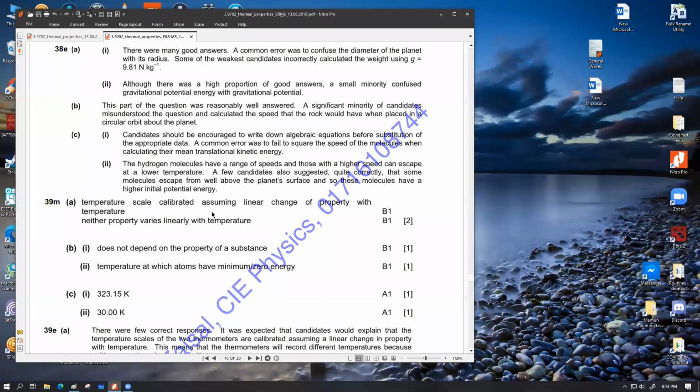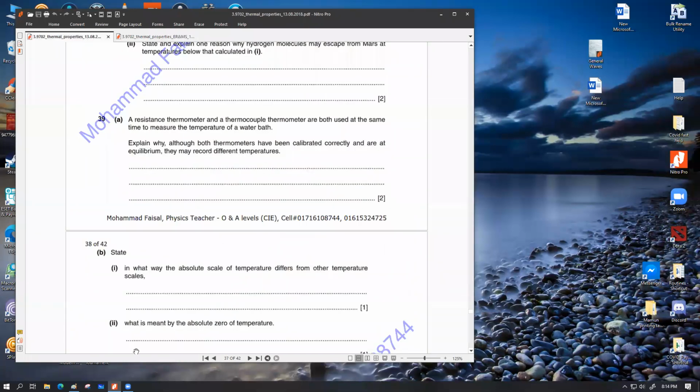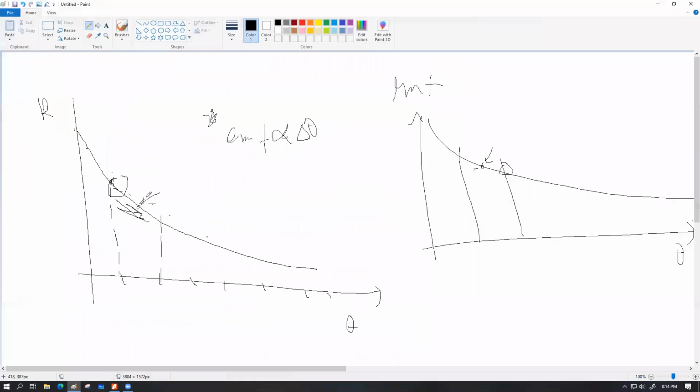So according to the Mars scheme, what they're saying is that the temperature scale was calibrated assuming linear change. So which means that maybe for these graphs, to calibrate this thing, they measure one value over here and they measure one value over here. And in their head, the graph was operating with this straight line. বুঝছো? হ্যাঁ স্যার বুঝছি। But actually তো এটা এরকম স্ট্রেট লাইন না, অ্যাকচুয়াল বিহেভিয়ারটা হচ্ছে কার্ভ।